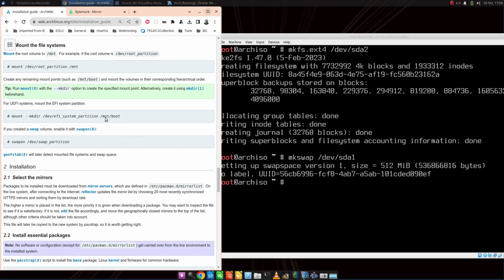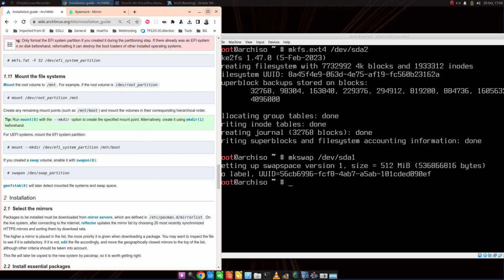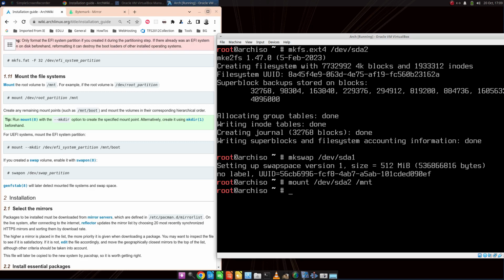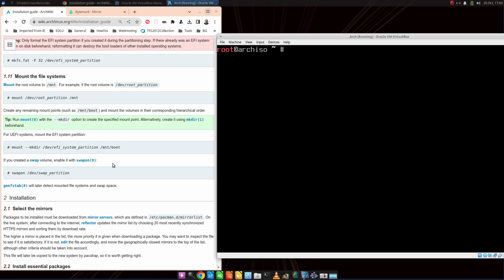But what we do need to do now is mount the partition. So we're going to mount the root partition, which is /dev/sda2. So mount /dev/sda2, and we're going to mount it into the /mnt folder, just like that. And we want to turn on the swap, so we'll do swapon /dev/sda1. That's that. We're now in a position where our disk is ready to be written to,